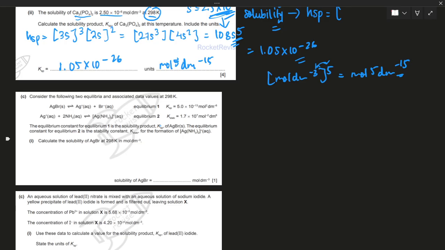Anyways, consider, okay, this is another type of question. I think this is very similar to the one that we just did. The first thing you should do, even though they don't ask you to form it, is you should always form the KSP expression. The equilibrium constant, they gave us the KSP. Oh, okay, so here they gave us the KSP, right? The equilibrium constant,